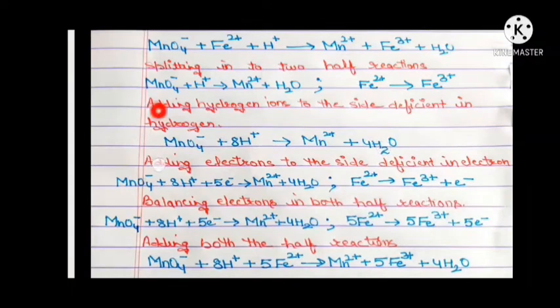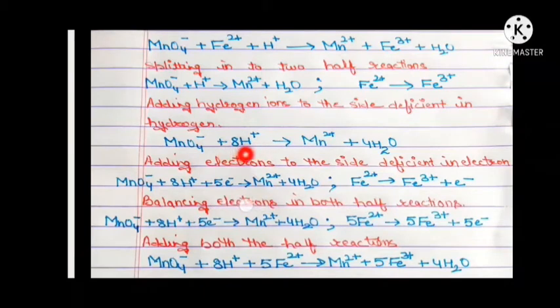See here, manganese is already balanced, because when we look for atoms other than hydrogen and oxygen, here is manganese, and it is balanced already. And if you check iron, it is also balanced. Now we have to work on the balancing of oxygen and hydrogen. First of all, let's balance oxygen. 4 O is here, so we will put 4 in front of water so that 4 oxygen atoms are there on this side. To balance hydrogen atoms, as this side is deficient in hydrogen, we have added hydrogen ions.